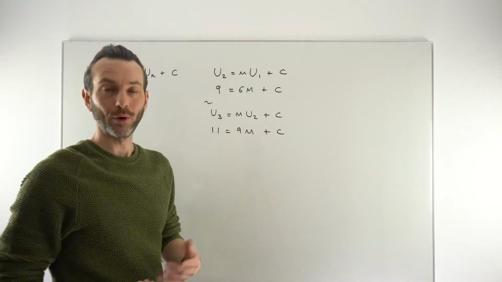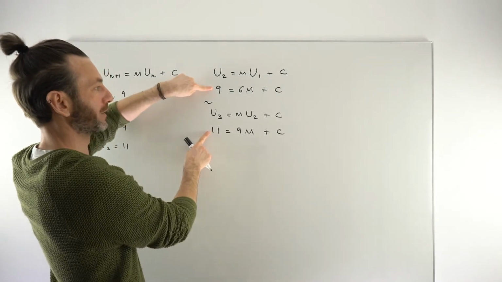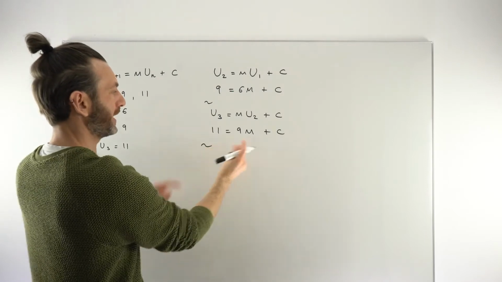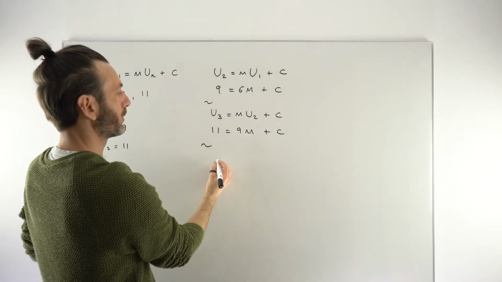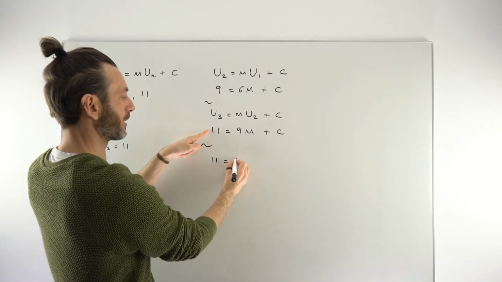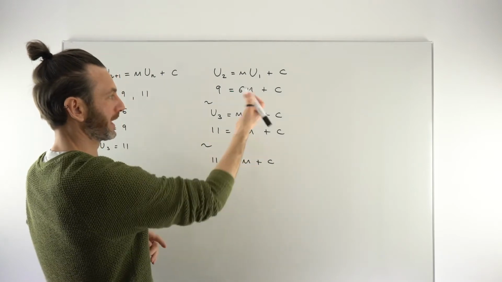So what have we done there? Well, we've used the information first of all, but we've basically generated simultaneous equations, haven't we? So we can go ahead and solve these. So let me just take these two and put them together. So I'm going to write it as 11. I'm going to put this one first. So 11, doesn't matter the order. I'm going to go with this one first because the bigger numbers are usually better to get on the top